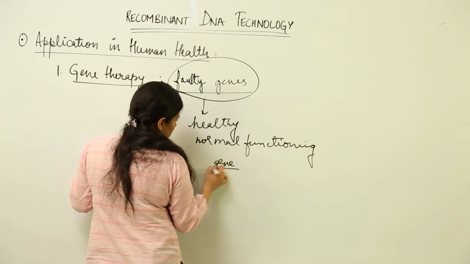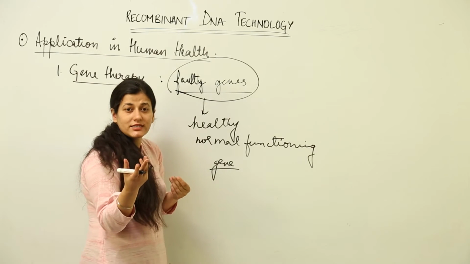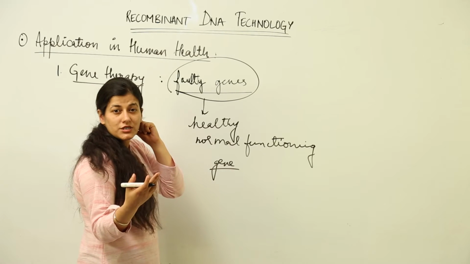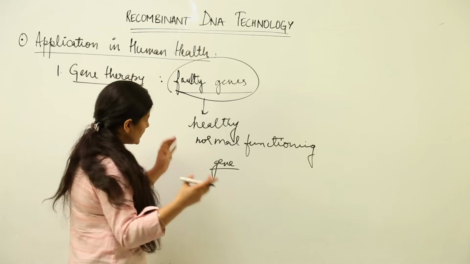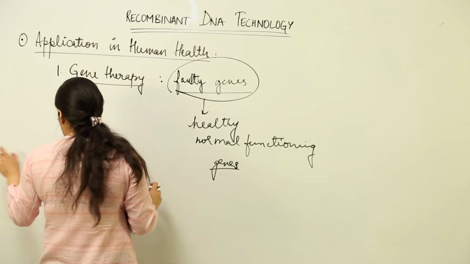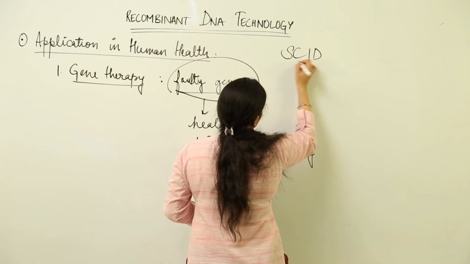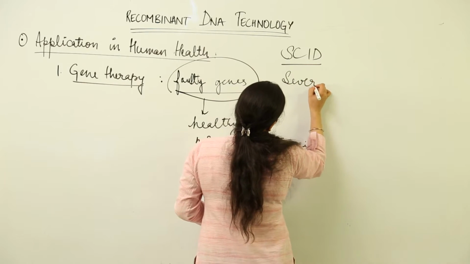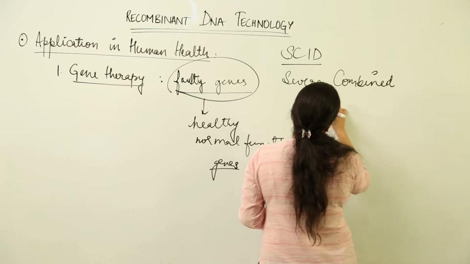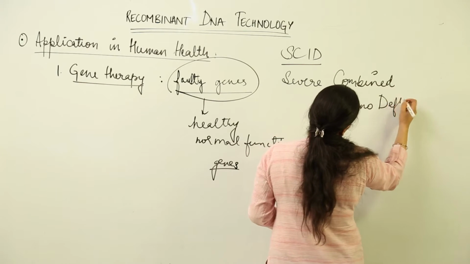Now ranging from the simple single step mutations or single nucleotide mutations, point mutations like sickle cell anemia, to the very severe combined immunodeficiency, that is SCID, such diseases are being targeted under this gene therapy. Now what we are going to consider is the example of SCID. It stands for severe combined immunodeficiency disorder. Now the name is huge, hence abbreviated,